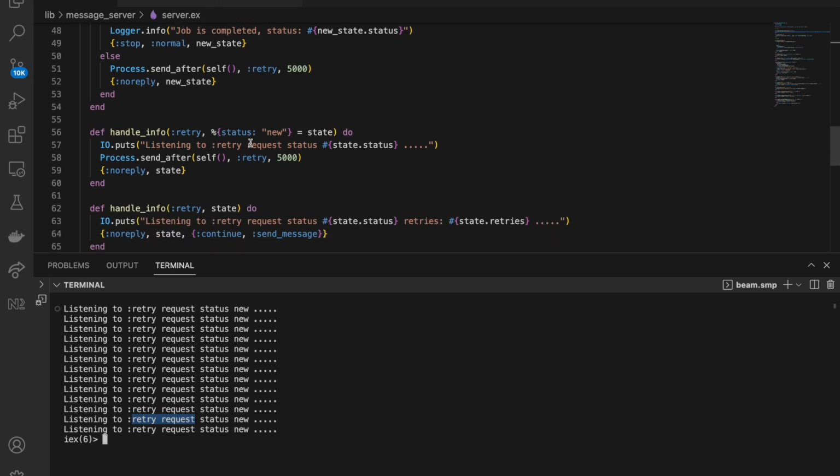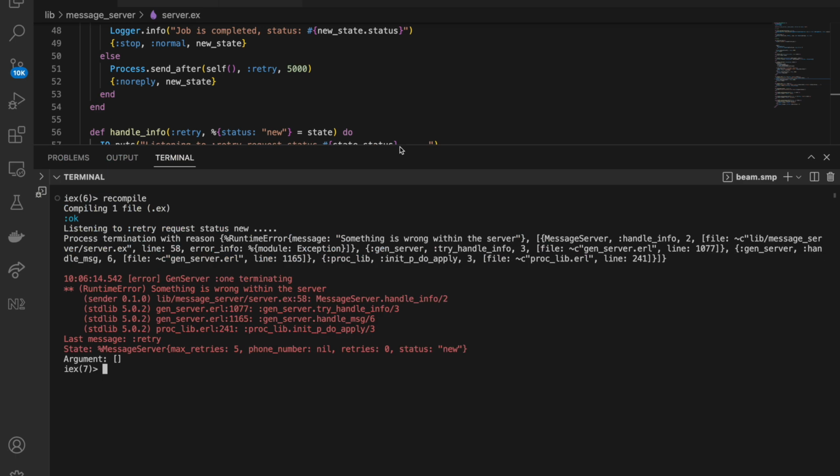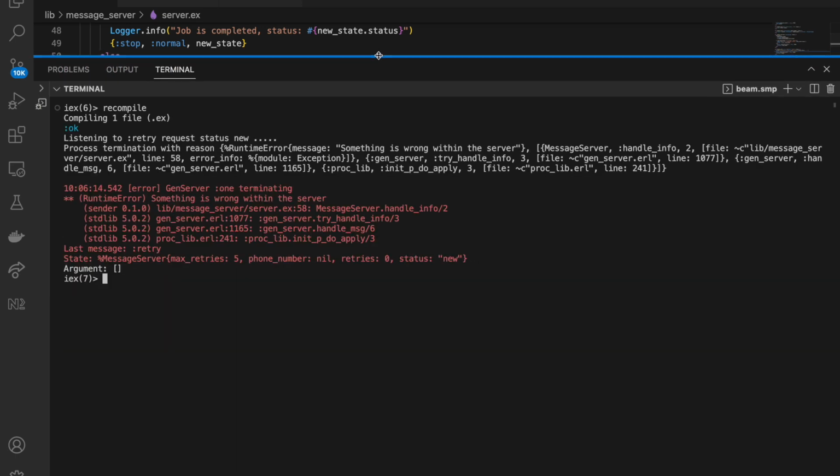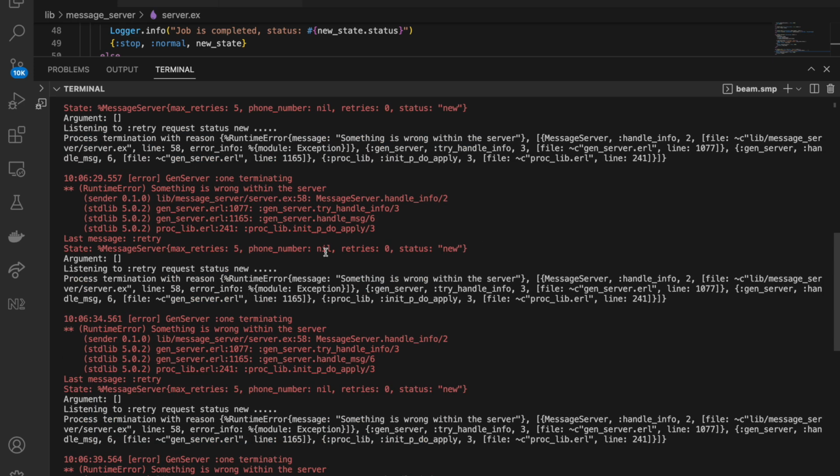So when the status is new, we can make it raise an error before sending another retry request. So recompile to pick up the new changes. And once we have recompiled, you can see that it is listening to the retry request, then an error has been raised. In this scenario, you can see that if the process is terminated either by job completion or an error raised within the child process,